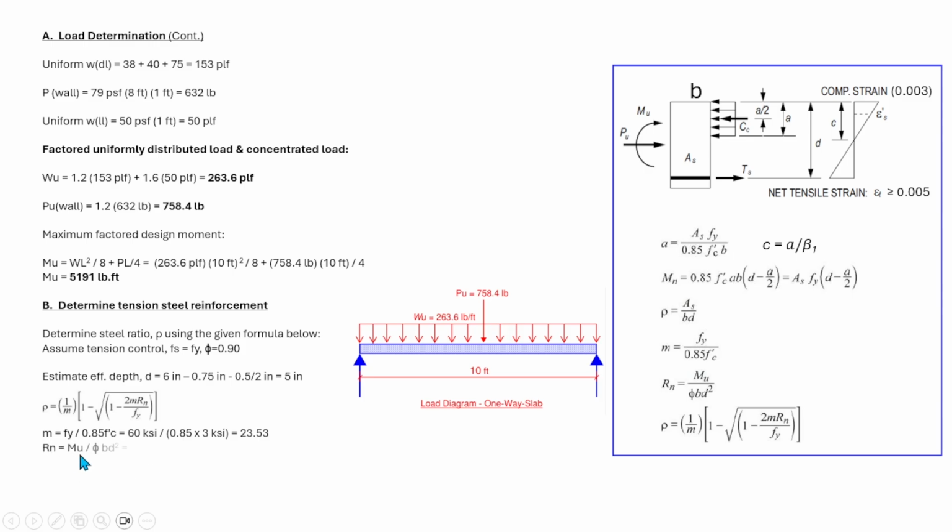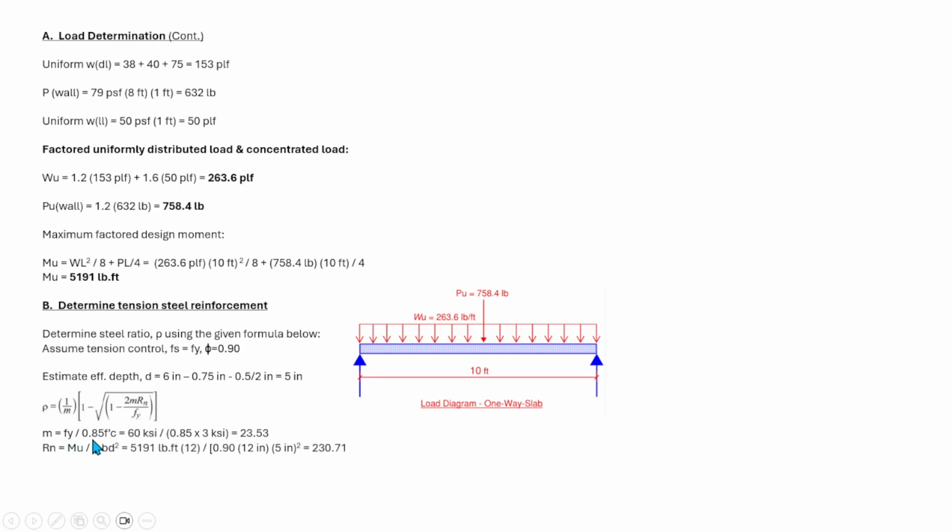So that's why we are calculating the value of m here, that is Fy over 0.85 fc prime, which is equal to 60 ksi over 0.85 times 3 ksi, that is equal to 23.53. And for Rn, that is equal to Mu over phi b d squared, that is equal to 5191, which is our moment,